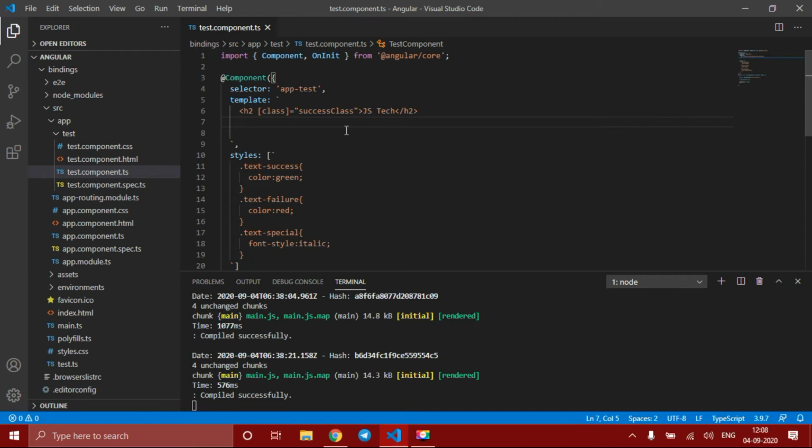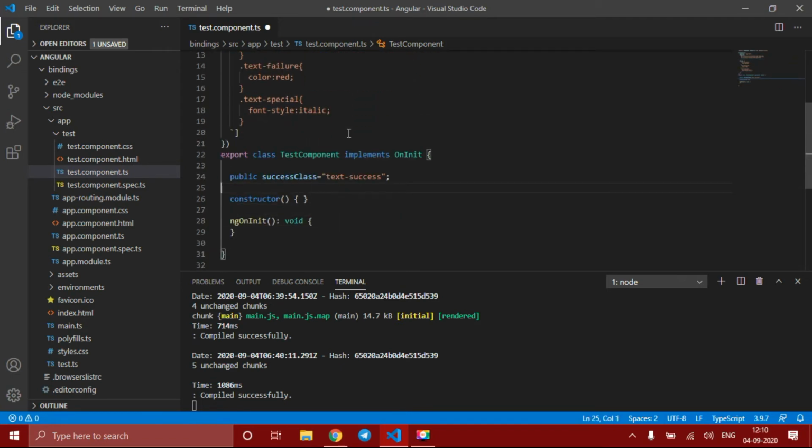Let me create a text with class equal to a hyphen value. This is the general way. I want to do this using class binding, and here we need a property. Let the property be isError. We should assign the class to a property here.